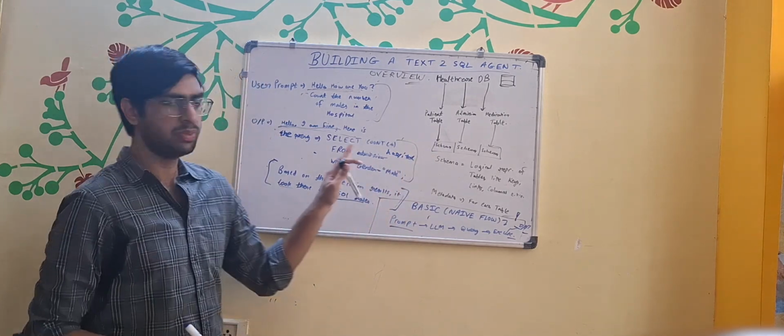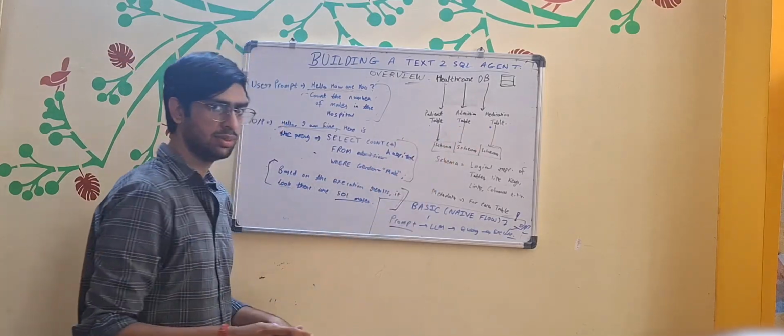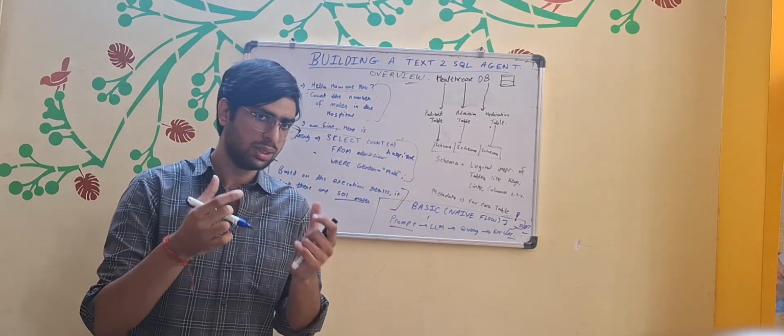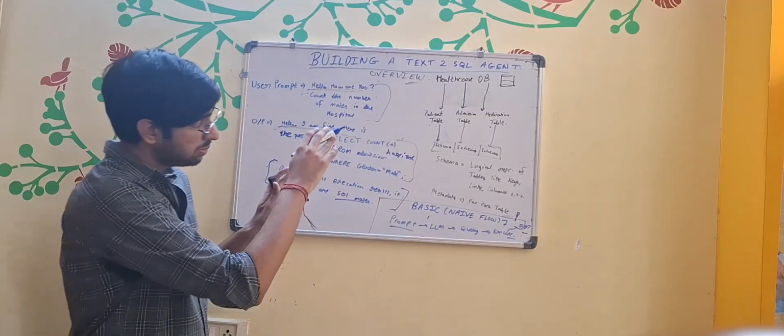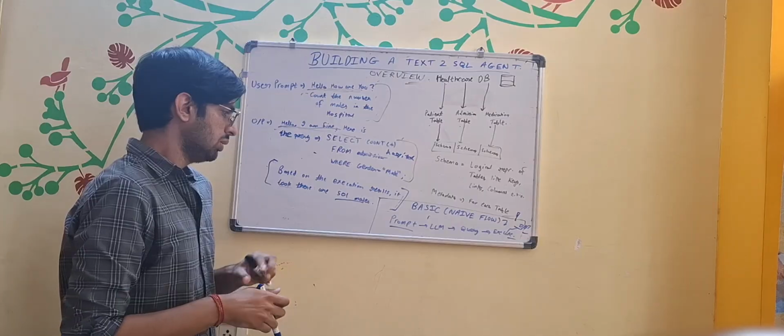Okay, now hospital is not a table. The only three tables we have are the patient table, the admission table, and the medication table. So you need to somehow encode what database we are using, what tables we have, and what the schema of those relevant tables is. Okay, so